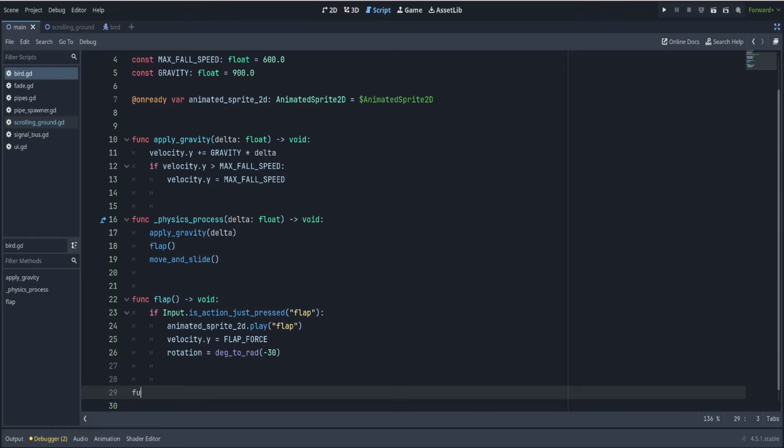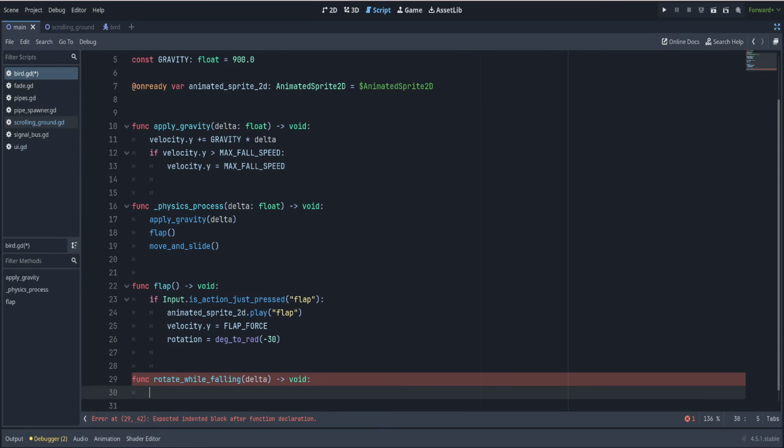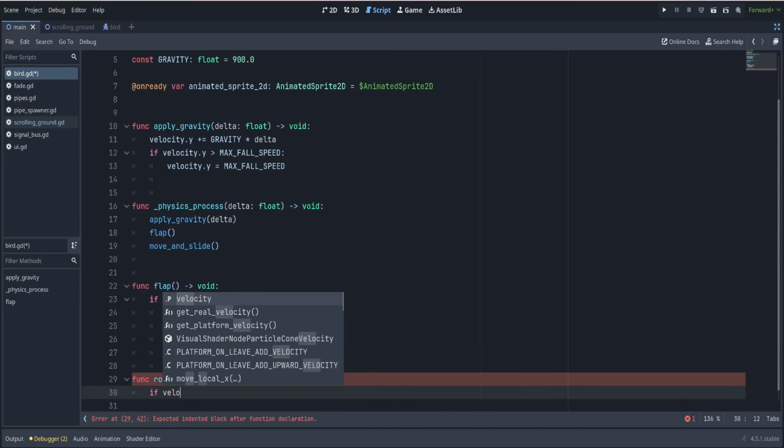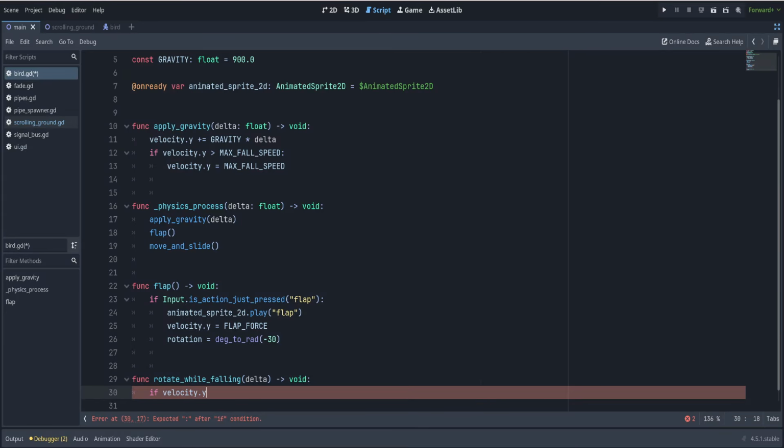So let's create a function, and we'll call it rotate while falling, and it'll need delta so we can make a smooth rotation over time, and it won't return anything. So now we'll say if velocity in the y direction is greater than 0, so that means we are moving downwards,